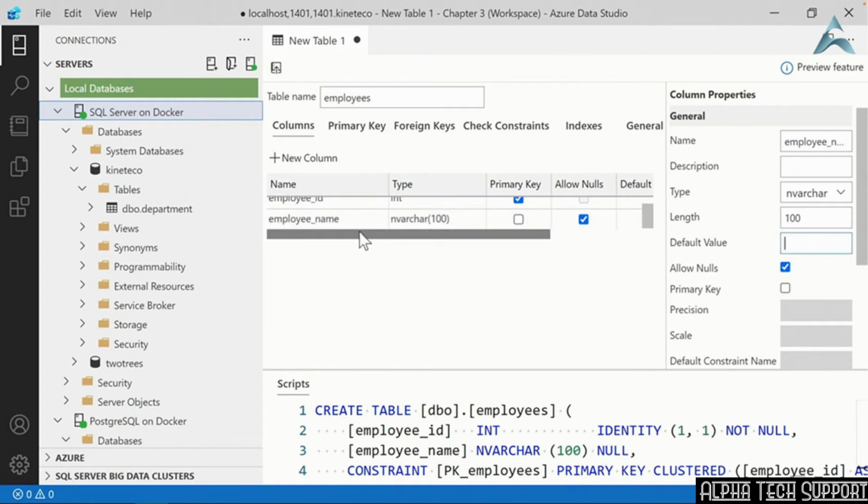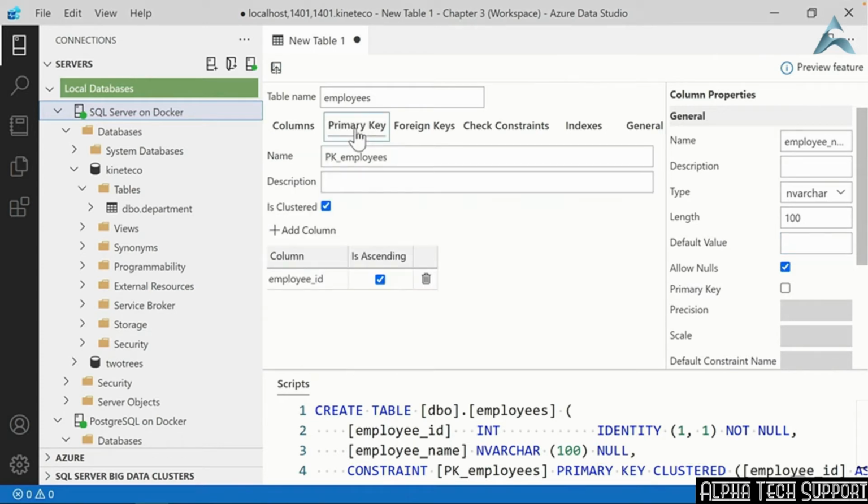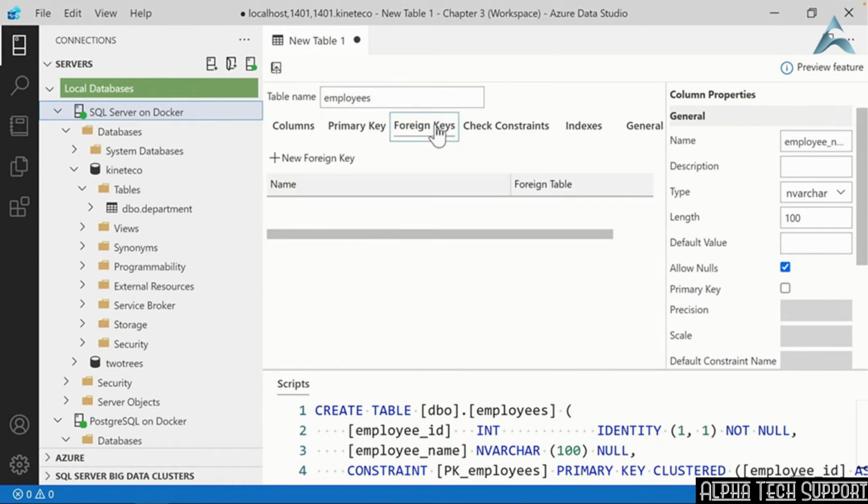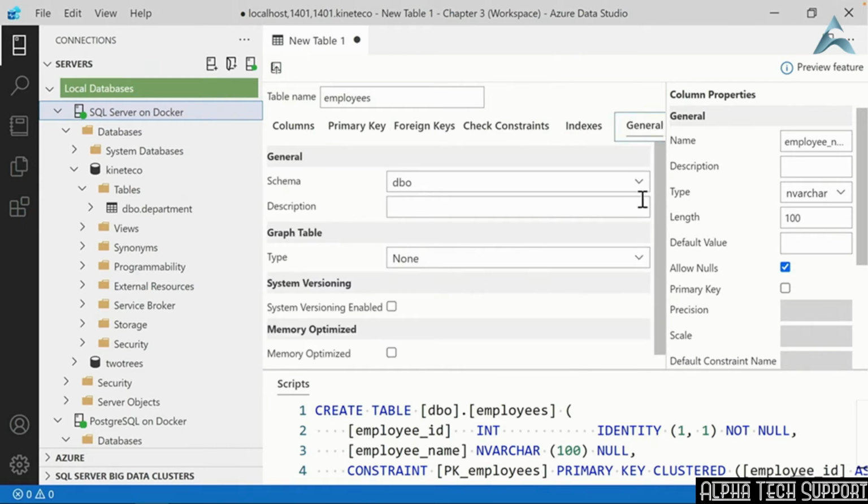There are additional tabs in this designer. We can go over here to the primary key tab, and it'll confirm which column we're using for the primary key of the table. We can also add in additional columns if we want to create a concatenated primary key. We can switch over to the foreign keys tab and add in foreign key relationships to other tables in the database. We can also add check constraints, indexes, and on the general tab, we have some additional properties for the